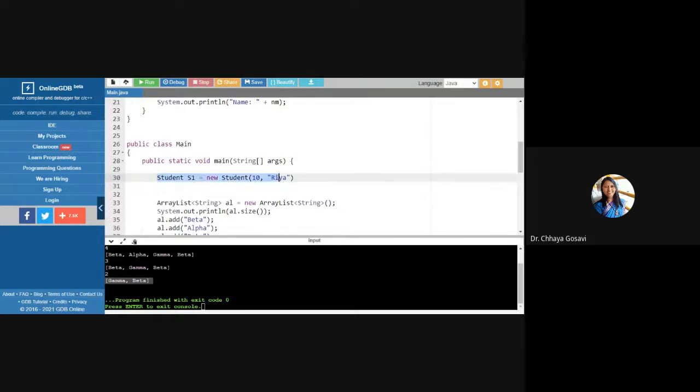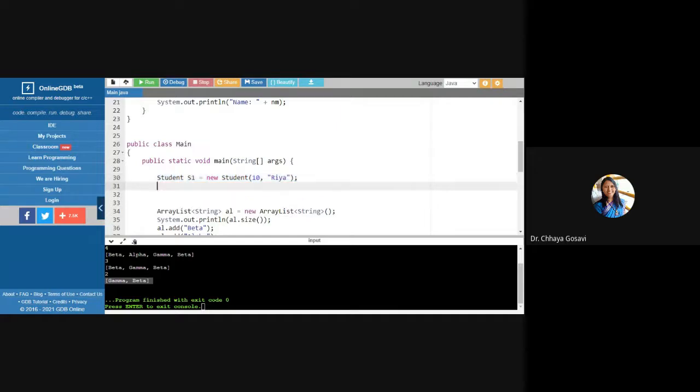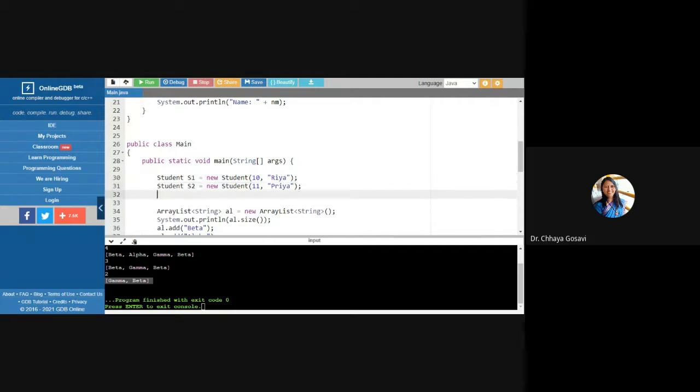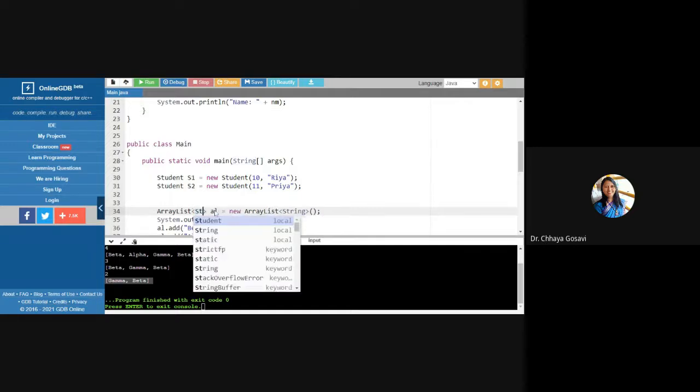Then I can create one more student. I'm creating objects of class student. S2. I want to create array list of student object. So instead of string here, we have to use student.